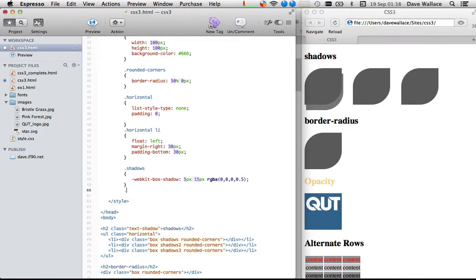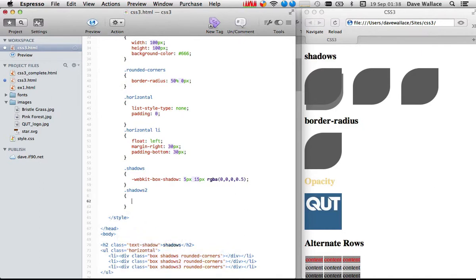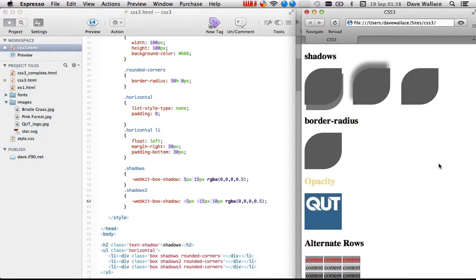So we'll do shadows 2, which is going to be essentially exactly the same, but with a blur value. And let's give it negative values, just to remind us that we can also do that. Okay, and the third example